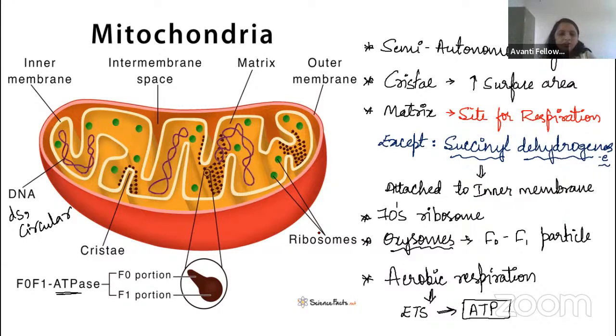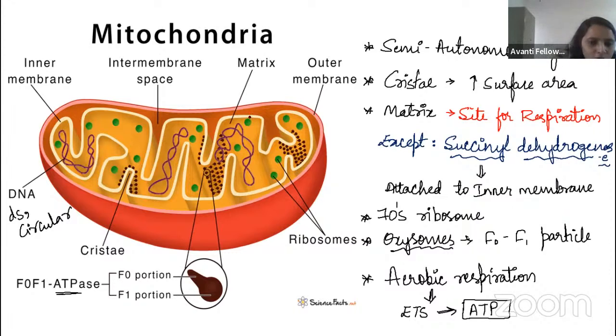Okay, guys. Fine. So now let us talk about the mitochondrial structure. It has a double membrane structure: the outer membrane and the inner membrane. Right, guys? We know that the outer membrane is permeable, whereas the inner membrane is not permeable. The inner membrane has the proteins involved in the electron transport chain, which we have studied, right? And the inner membrane forms folding-like structures.